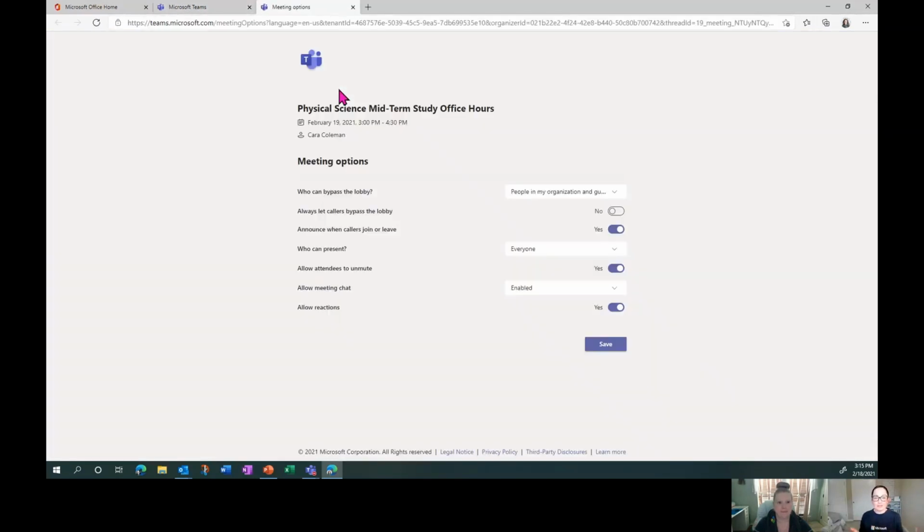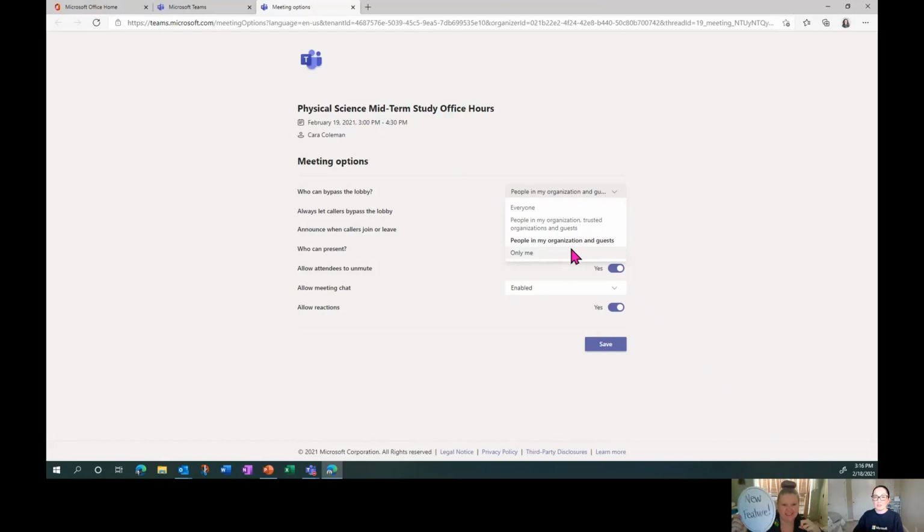So again, this is before the meeting has even started. Nothing has actually happened yet, but I can actually control what settings are in place before we even get into it. So one of the things that's actually going to be evolving here soon is this 'who can bypass the lobby' list. Right now we only have 4 options, but in a few weeks we'll actually see some more options growing here. So one of the options will be the people that I invite,